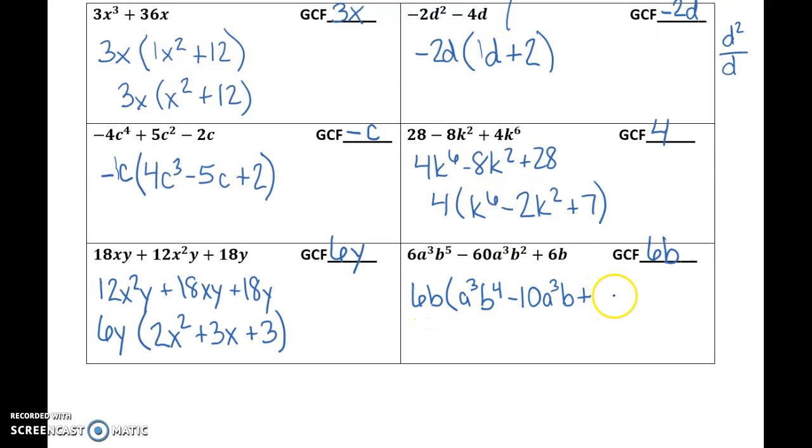Do you think we can just leave nothing back here? And then if we distribute it back through, we definitely need a 1 there as a placeholder. Think about it right here. If I multiply these two terms, I get that. These two, I get that. 6B times 1 gets me that. So I have to have that there. Otherwise, we wouldn't do 6B times 1 to get back to there. So that is it for